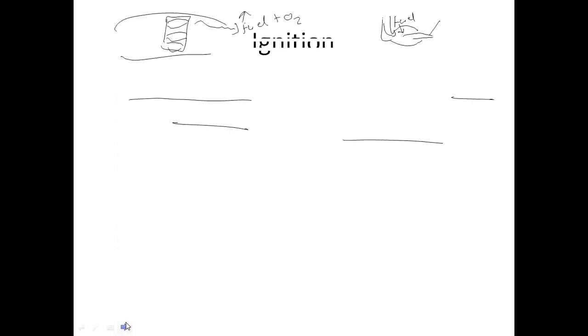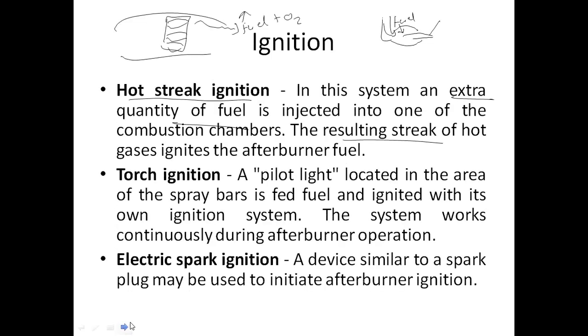Okay, so let's go ahead. You have already understood the three sources of ignition. So that completes your afterburner. Mainly in the afterburner, whatever oxygen is left after the combustion chamber, some amount of energy is still left in that air. We are making use of that air.